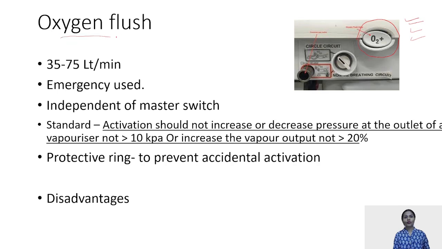Now, talking about oxygen flush, sometimes a question comes like a case scenario. For example, I told you that oxygen flush is an emergency delivery of oxygen at intermediate pressure. For example, there was a 25-year-old man who was undergoing some airway surgery, and during extubation, suddenly the patient developed laryngospasm. So the first thing that we do in order to break this laryngospasm is to give positive pressure ventilation to the patient. We give a lot of oxygen to the patient, and at that time, what are we going to use? We are going to use the oxygen flush.